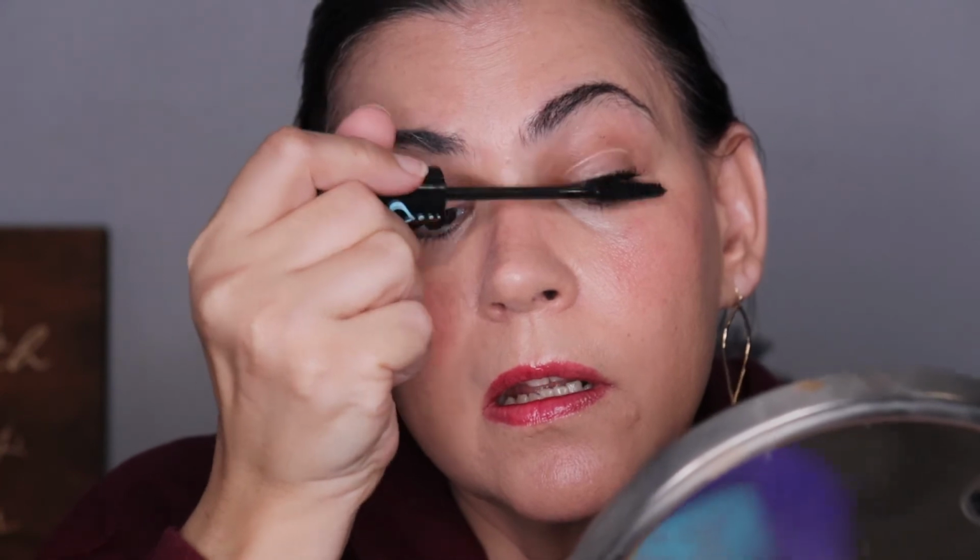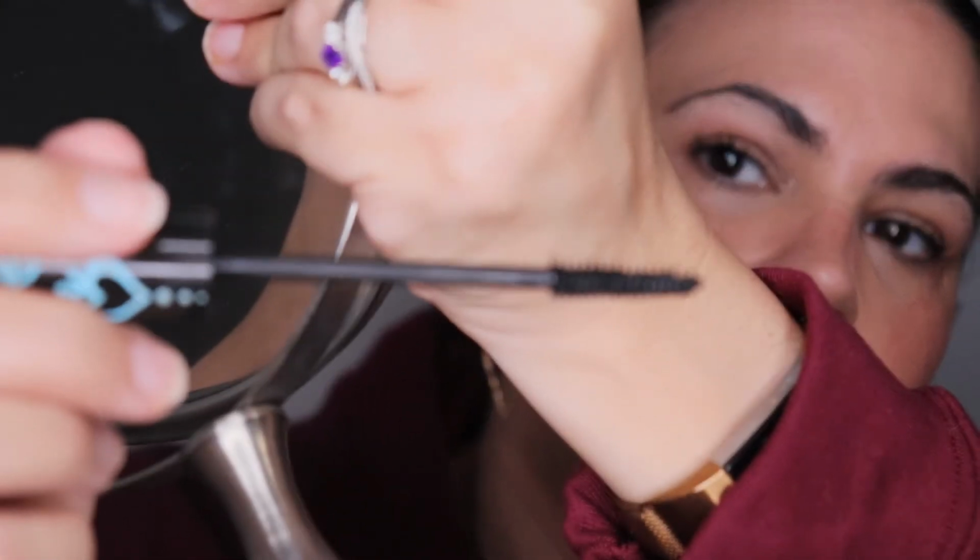I don't know, because I've been using the Grande Lash, and my lashes do seem to be getting longer. I've been using that exclusively for about 2.5 weeks, so this is the first time I'm using a different mascara. It's not too messy. I am getting a little bit on my lid, but the wand is kind of long, like that Tarte. It keeps picking up my face. There we go. It's kind of long, like the Tarte